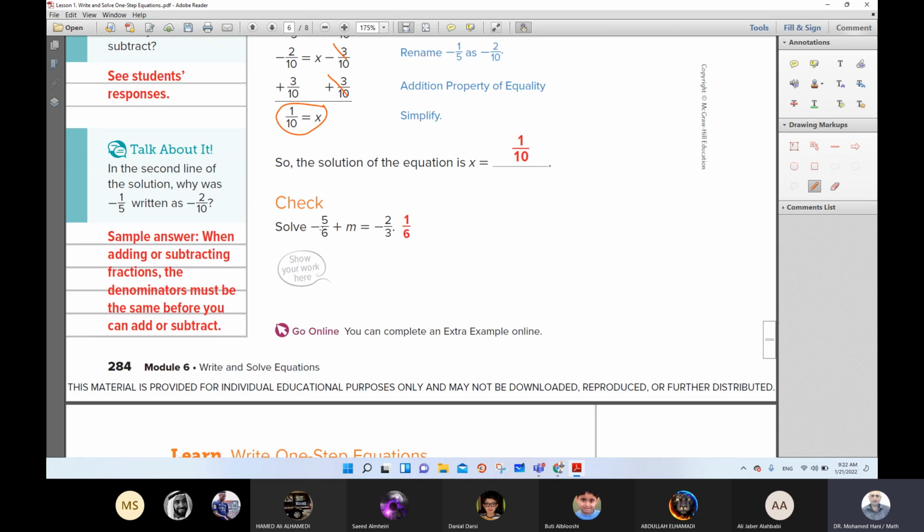We have this equation, solve negative 5 over 6 plus m equal negative 2 over 3. We want to remove this fraction to keep the variable alone on the same side. So add the inverse fraction. The inverse fraction will be plus 5 over 6. Add to the two sides. So negative 5 over 6 plus 5 over 6 will be 0, remains here m, equal negative 2 over 3